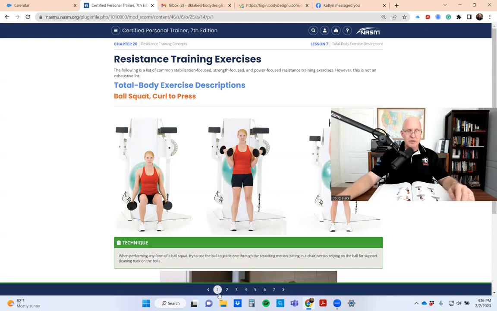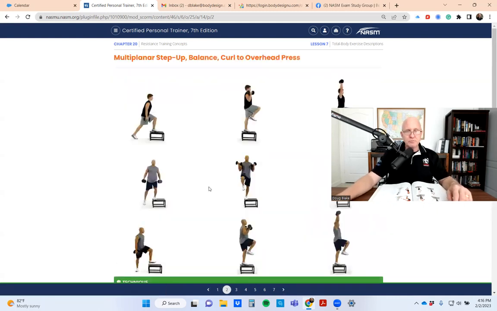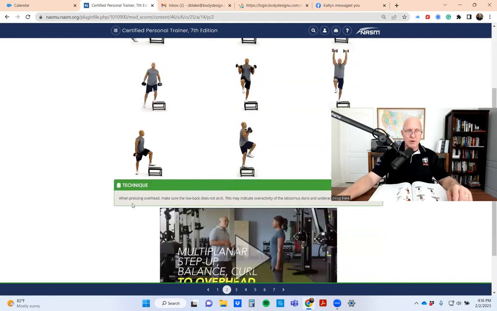Now let me go to the next one. Okay, so this is the multiplanar step-up balance curl to overhead press. And when pressing overhead, make sure the low back does not arch. There is your cue. How should the hips be positioned? Level, neutral. You can refer back to the kinetic chain checkpoint explanation. This may indicate overactivity. We already know this from our previous chapters with respect to overactive,